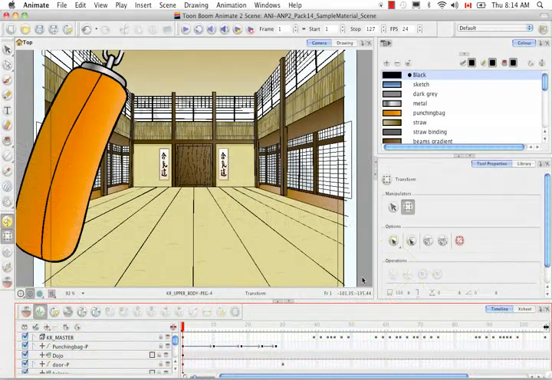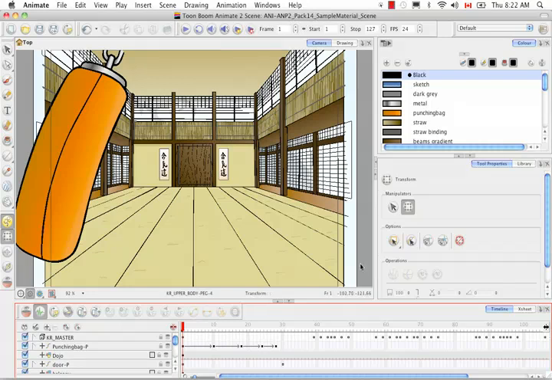Welcome to the tutorial Adding Effects in Animate, the first tutorial in the Effects video tutorial series. In this tutorial I'm going to show you how to add an effect in Animate and not Animate Pro. Throughout this entire video series I'm going to toggle back and forth between Animate and Animate Pro because effects are added differently in both softwares. And in case you want to follow along with this tutorial, you can always reuse the sample material from Pack